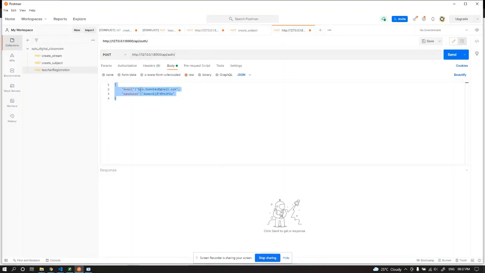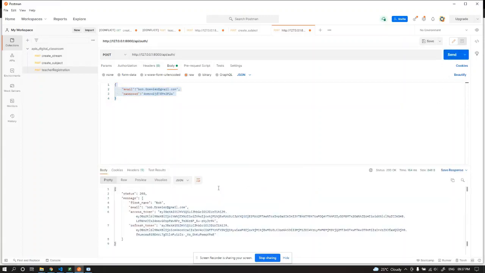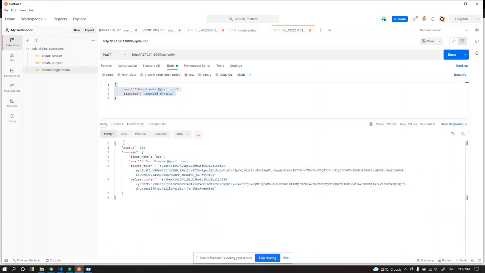So right now, let us go and see how authentication will happen. When the user types in their email and password, this type of JSON format will be sent towards our API backend, and we will be able to get a token. So I'll just click on send here, and as you can see in the response, we are receiving a message which says, first, we'll get a status of 200, which means our API call was successful. Then we'll get a message which says the name of the user that tried to log in along with their email, and it will also pass us two tokens. These tokens will be used for further use of our APIs.